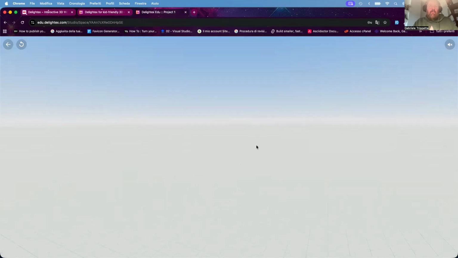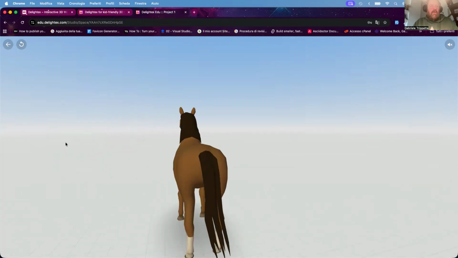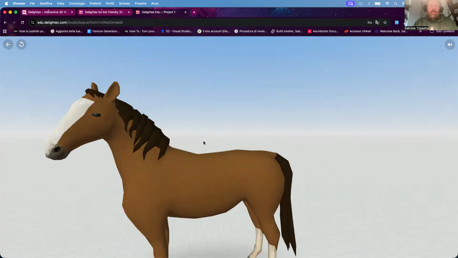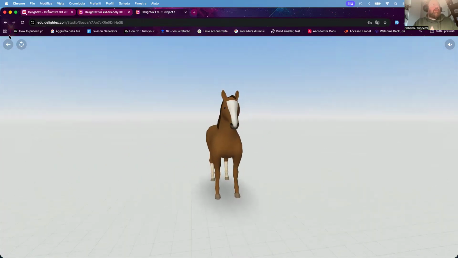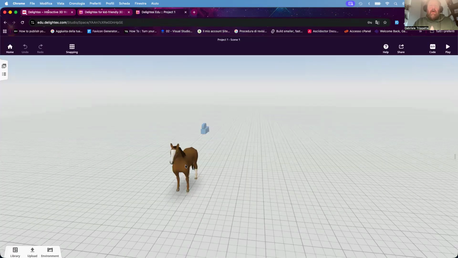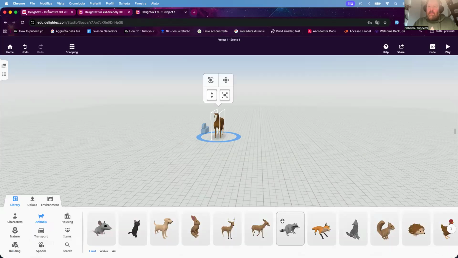So if I rotate back to 180 degrees, I will see the horse. And I can move and the horse is still here. If I go back, put the horse and we choose another thing,